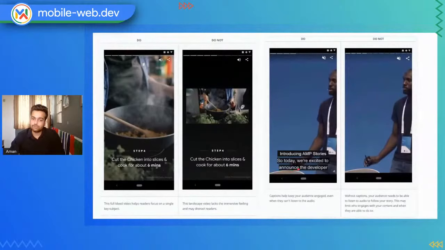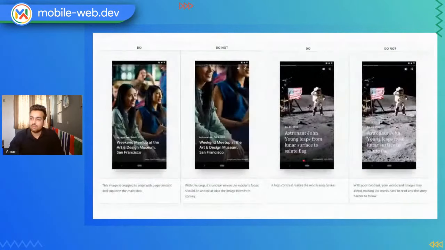Another good thing is to use captions. Yes, AMP stories with video offer an option to use captions so that these captions actually appear while you are playing. To do that, you have to include a separate caption file along with your AMP story, and it does this job very well.